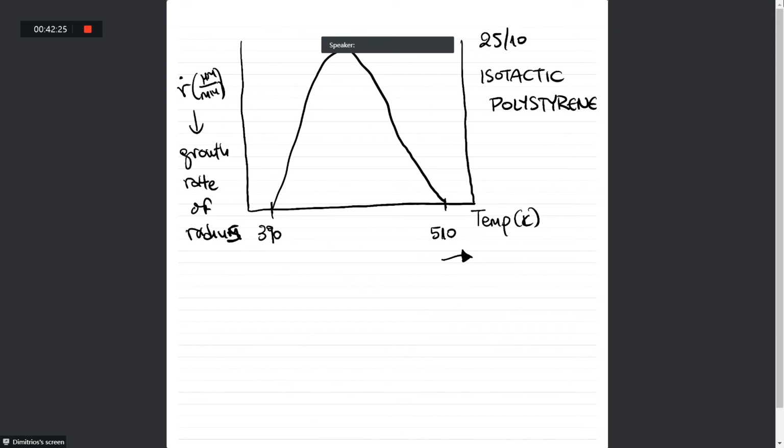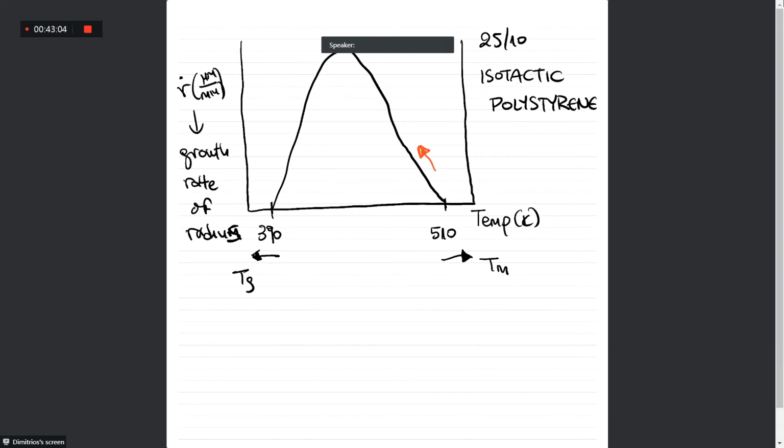Yes, so above 510, we will have the melting temperature, and obviously below 390, we will have the glass transition temperature. So if we start from a temperature above 510, we're in the melt state. Let's now suppose that we're cooling down our isotactic polystyrene. What happens when we cool it down? Essentially, we increase the melt viscosity. So if we go in this direction,